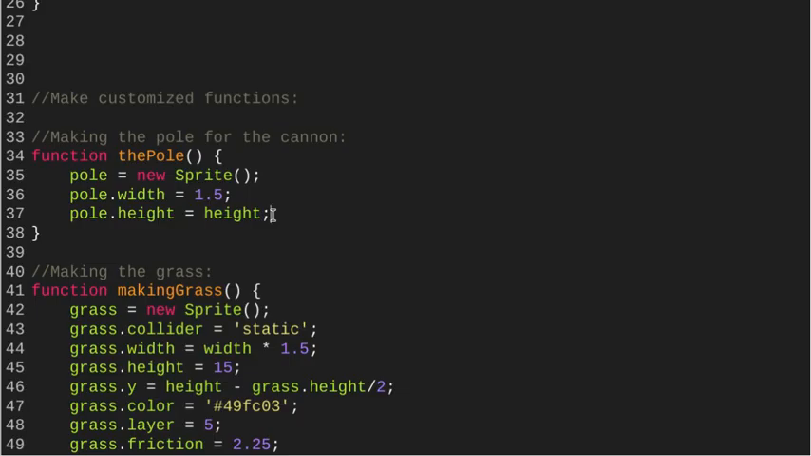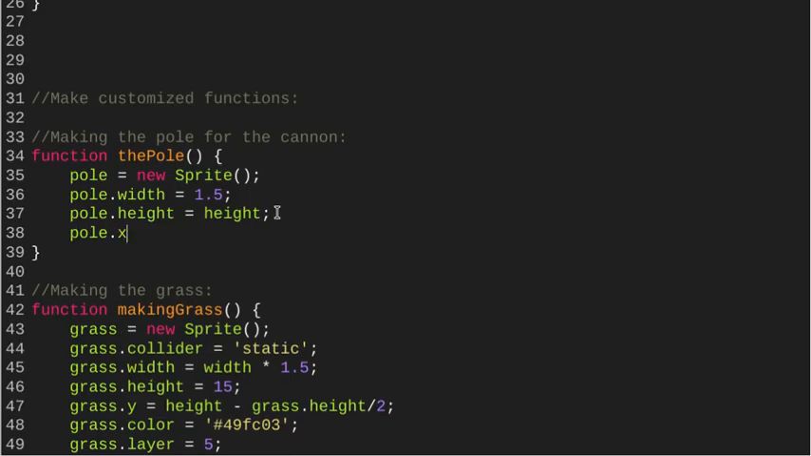So now what we want to do is position it. So the pole.x, it goes the entire, I guess, height of the screen, right? It goes from the very top to the very bottom of the screen. And it should also be going behind the